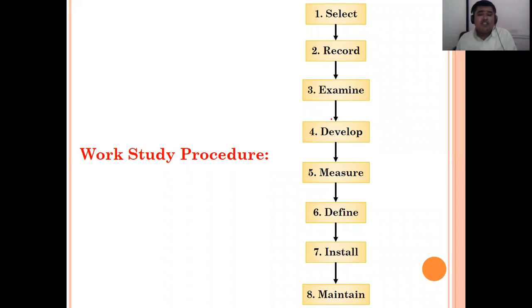Because once you make the changes, when you make the development, that development should remain constant for a longer time. Then and only then can the particular effect of those developments be seen. That's why the first stage is the selection of process, and the last point is to maintain the developed process after installation for a longer time. That is very, very important.